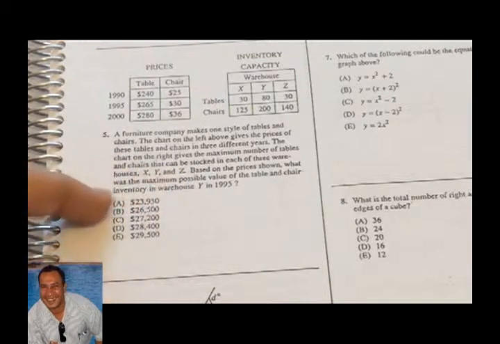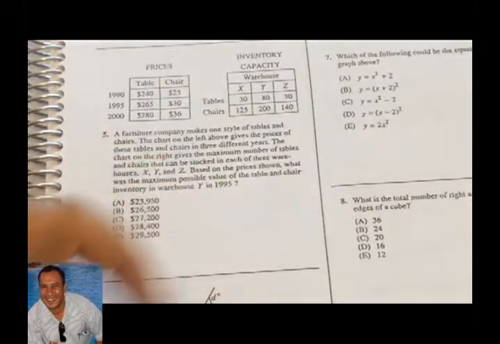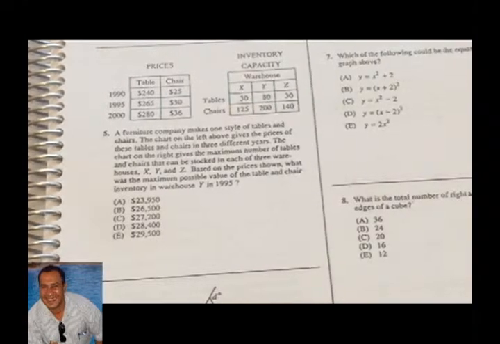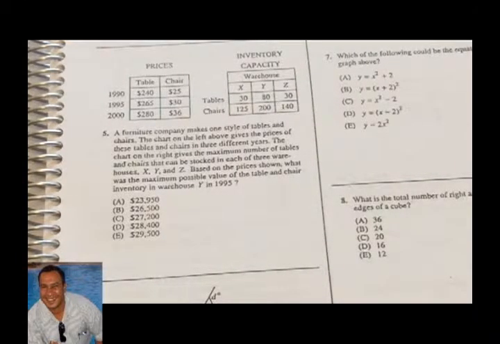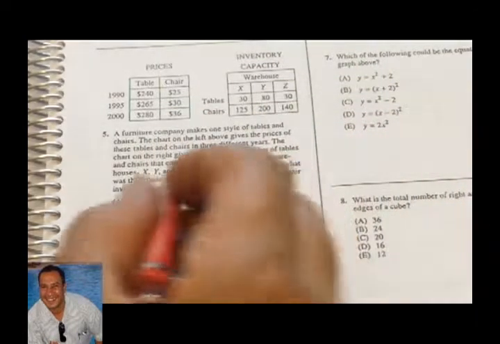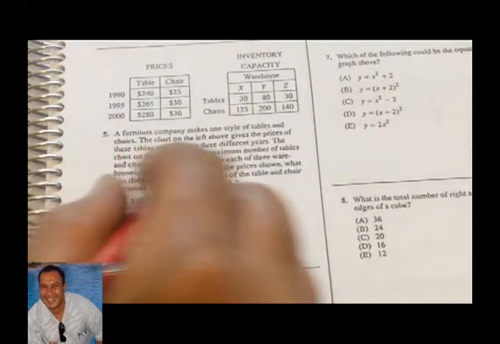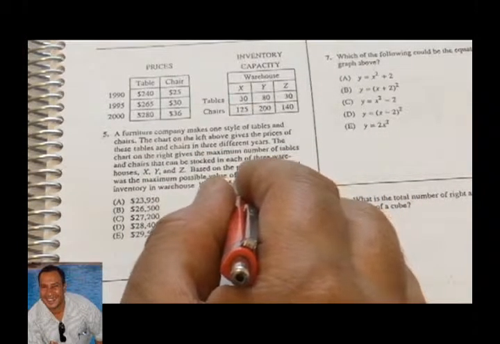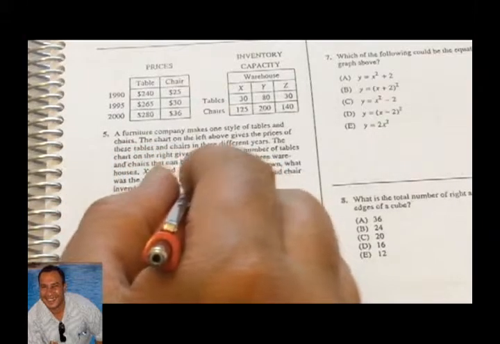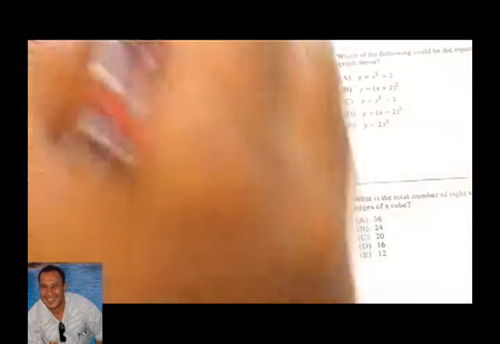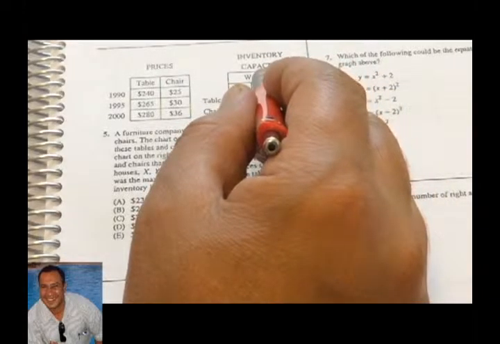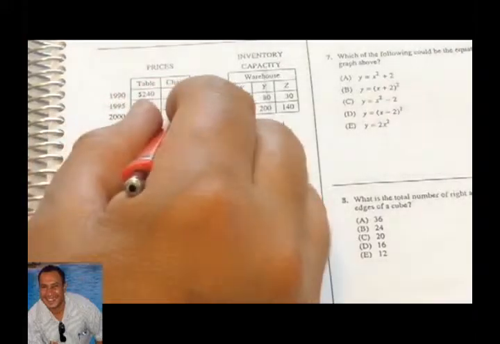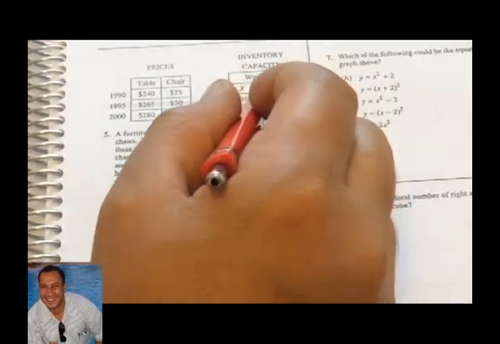Based on the prices shown, what was the maximum possible value of the table and the chair inventory in warehouse Y in 1995? So he asks about money, the value of the table and the chair inventory in warehouse Y in 1995. So he talks about this column Y, in 1995. From the table you can see that